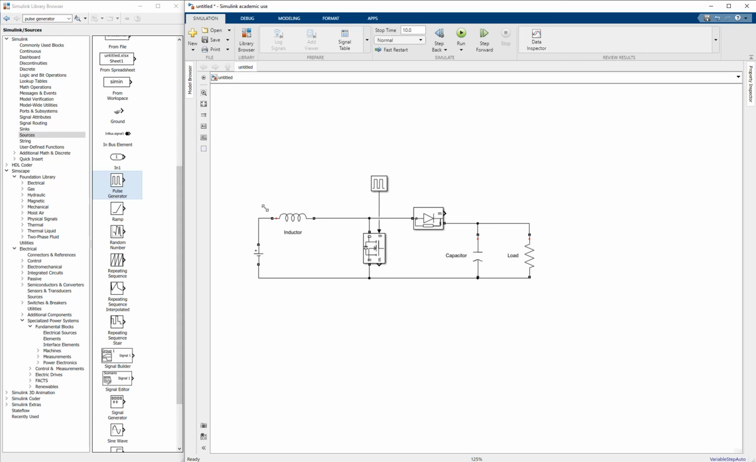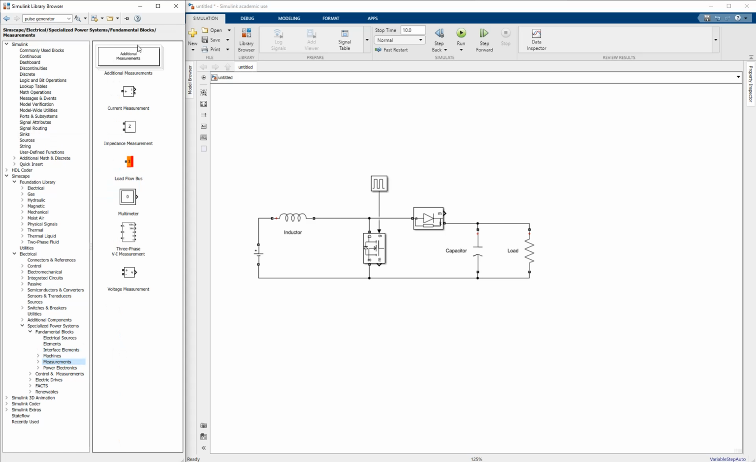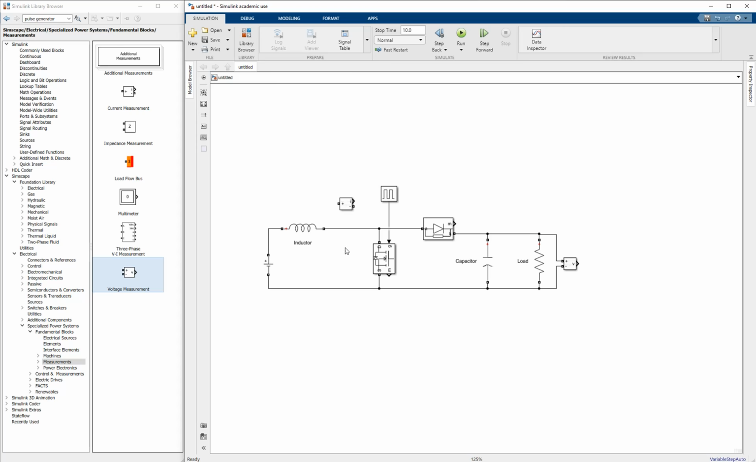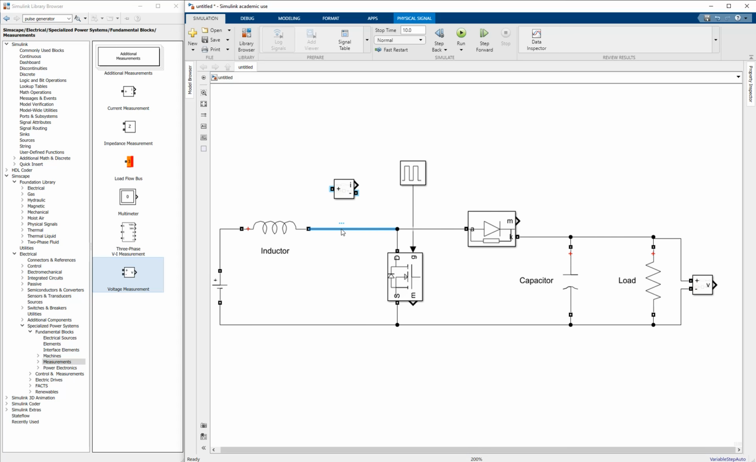Now to measure the inductor current and the output voltage, we need the measurement blocks. We can find these also in the library under specialized power systems. So we click on measurements and we get the current measurement block and the voltage measurement block. We connect the voltage measurement block in parallel, and to delete a connector you simply select it and press the delete button. We connect the current measurement block in series,